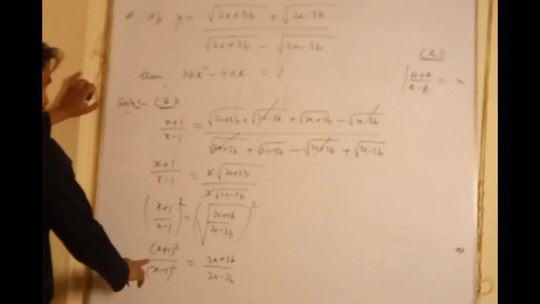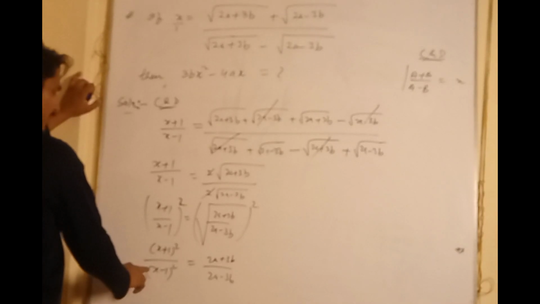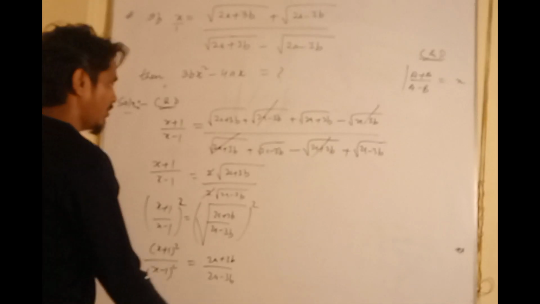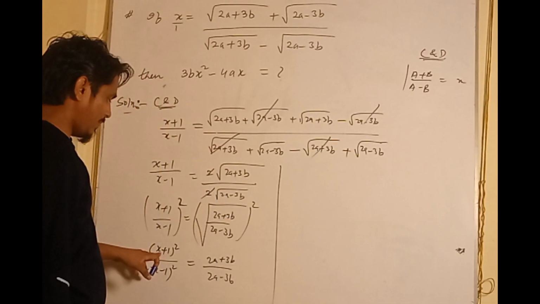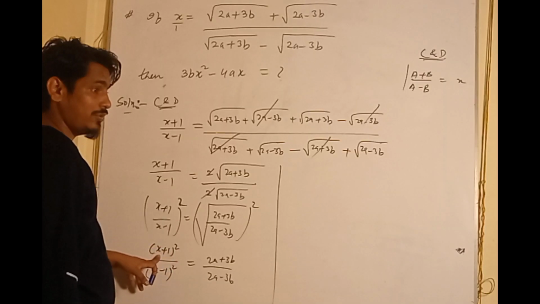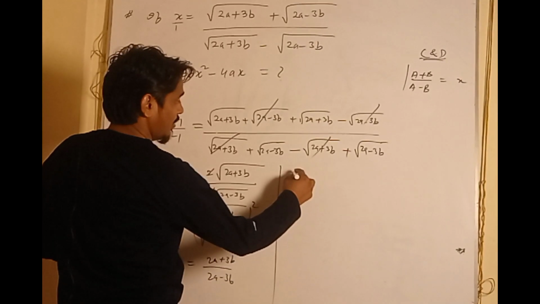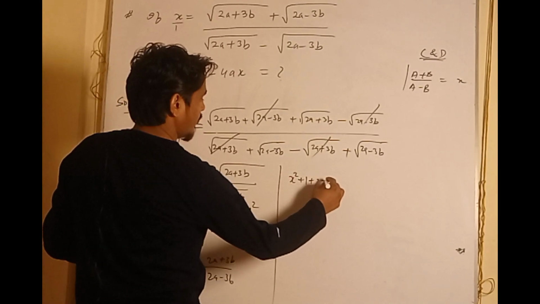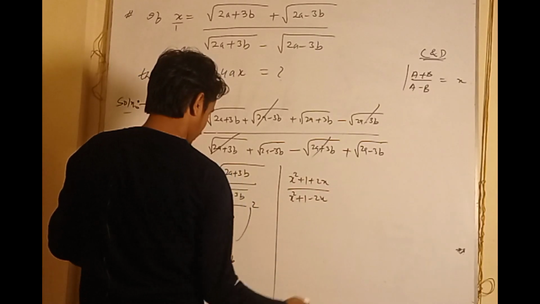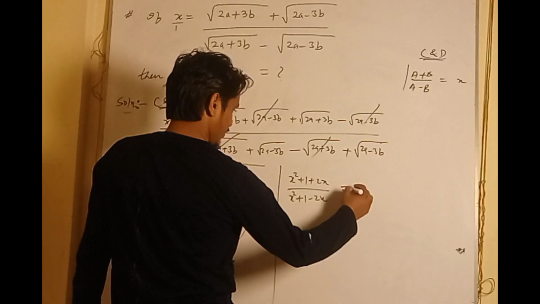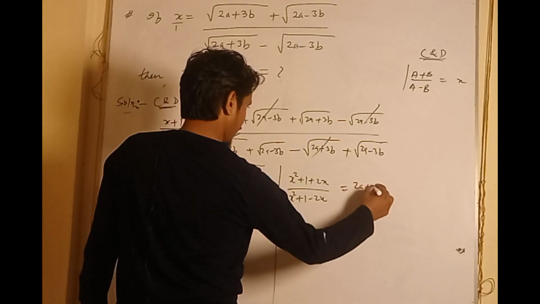Now we just have to expand this part, numerator and denominator. So by doing so, as this is in (a plus b) whole square format, we need to use the identity (a plus b) whole square. So (x square plus 1 plus 2x) over (x square plus 1 minus 2x) is equal to (2a plus 3b) over